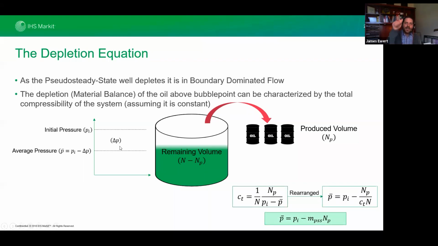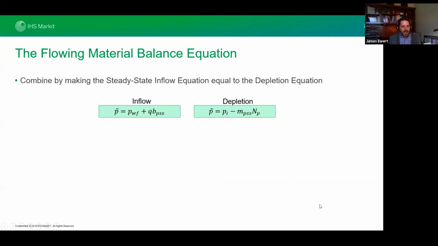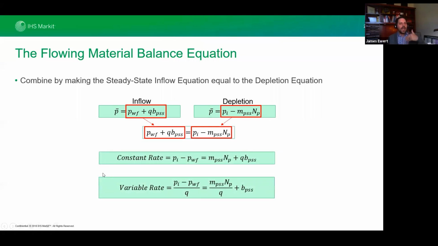So what we do is we take that compressibility equation, we just rearrange it again, very simple. Then we do that substitution and you're left with the equation as I presented to you a few slides ago. So once again, we're going to take the inflow, we're going to take the depletion, we put it in terms of average reservoir pressure because we don't want to shut in our wells anymore. Rate transient analysis wants to get all of this information from flowing data. We don't want to shut it in and get a sense of it. And so we bring these portions of the equations together. They come together, we rearrange it, and we're left with a flowing material balance equation for constant rate and for variable rate. So all of that comes together.